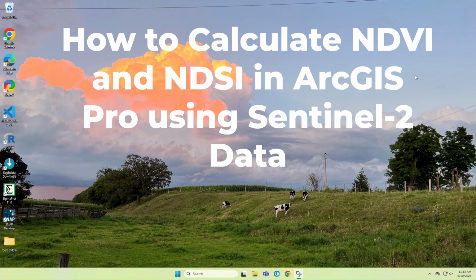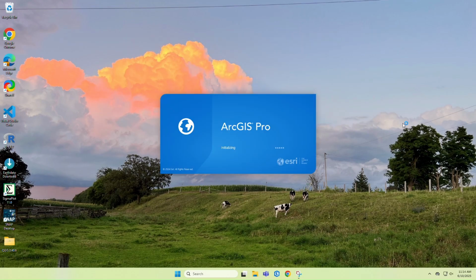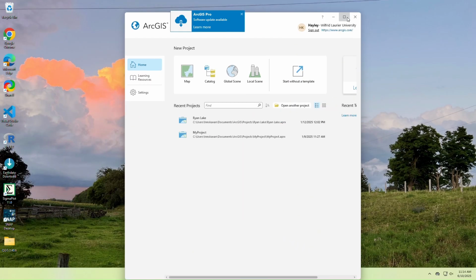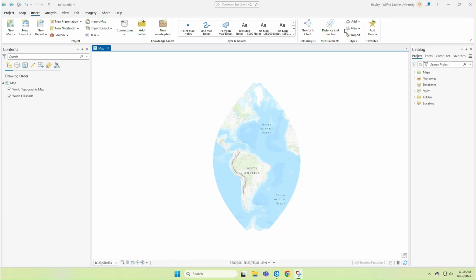Before we begin, it's important to note that the data for this demonstration was downloaded from Copernicus, and different locations were selected for each calculation. For the NDVI calculation, the Amazon rainforest in Brazil was selected, and for the NDSI calculation, the Northwest Territories in Canada was chosen. To begin, we'll first start with calculating NDVI, which is a way to measure the health and